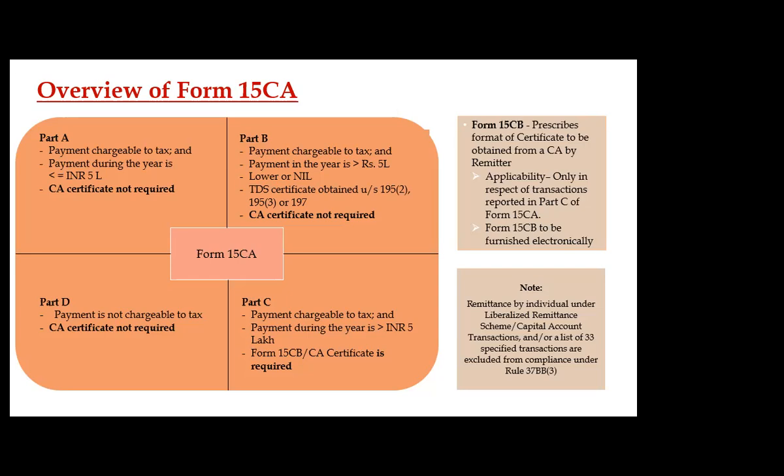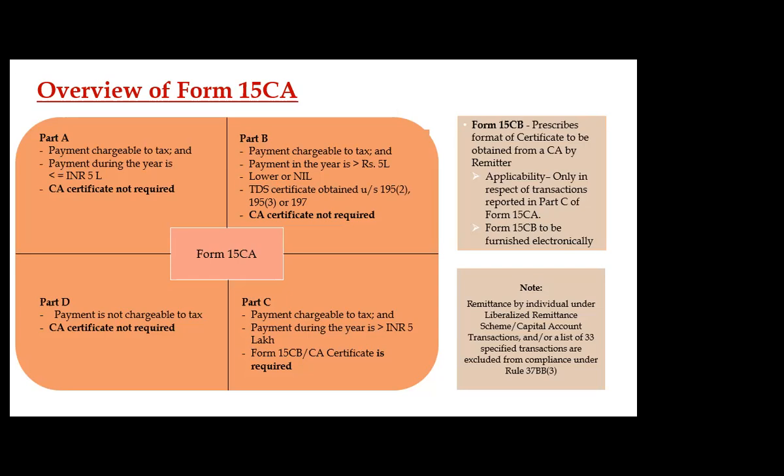So for instance, in the first tranche, he paid 2 lakhs. In the second tranche, he again remitted 2 lakhs; no tax, no 15CB, only Part A is to be filed. In the third tranche, he remitted 2 lakhs more, so that the whole amount has crossed 5 lakhs. It is now chargeable to tax. Then you have to come to Part C, where 15CB is to be issued, even on that amount where tax was not deducted earlier, because the sum was chargeable to tax up to 6 lakhs.